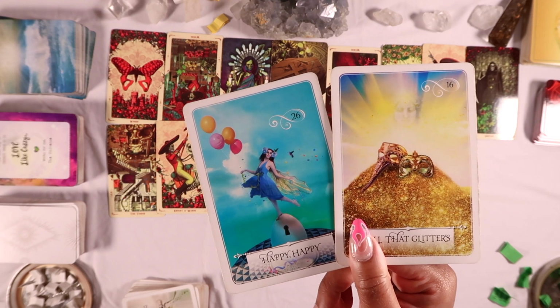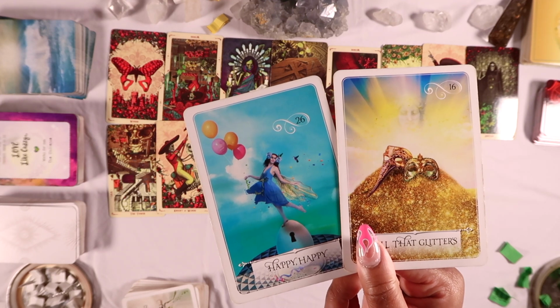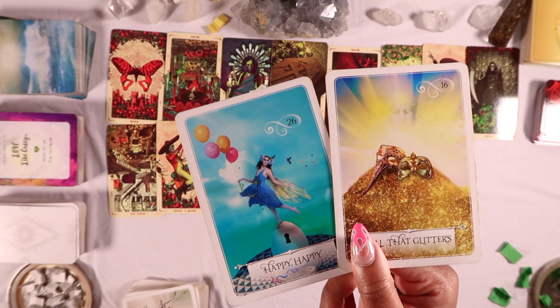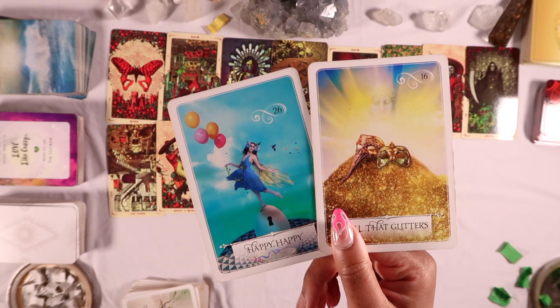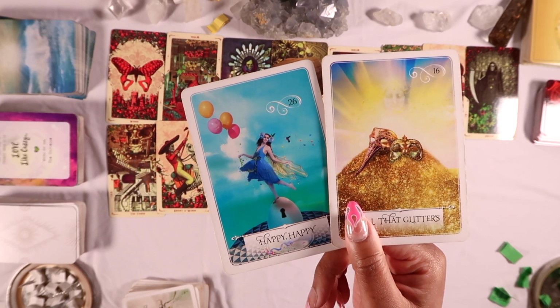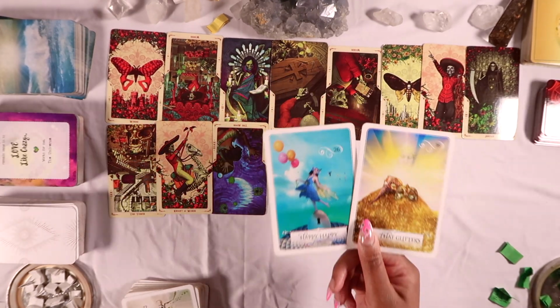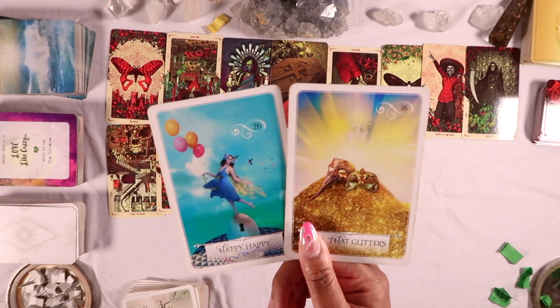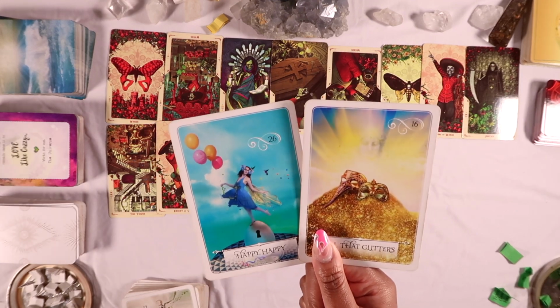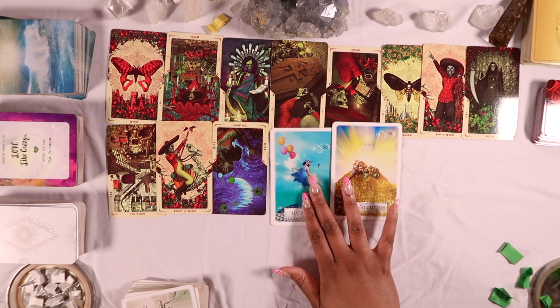So tapping into your person's energy, we have the All That Glitters card. You may be a little turned off that this person isn't super warm, telling you everything you want to hear, whispering sweet nothings, but you can trust that when this person tells you something, it's real and true, and they're not just trying to get in your pants or get something out of you. You're going to be happy in this relationship. So I'm so glad we got that,